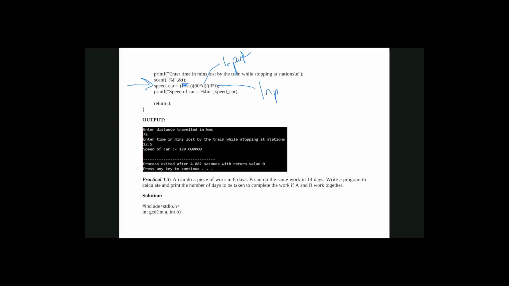And the speed of car is output. So it means two inputs are required and one output is required. Clear to you? It is clear to you. Two inputs are required and one output is required.